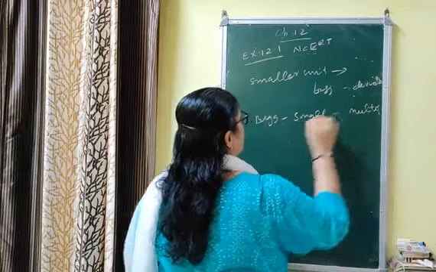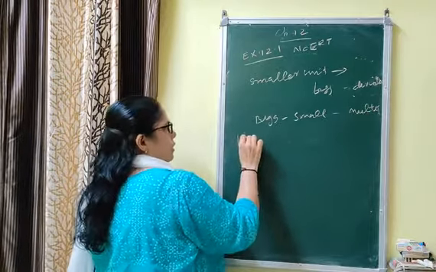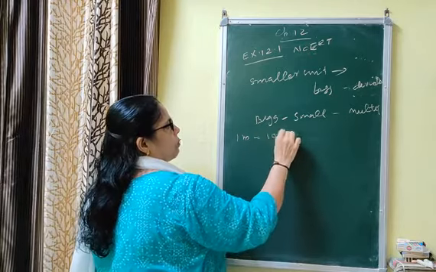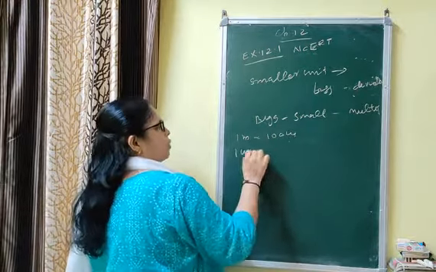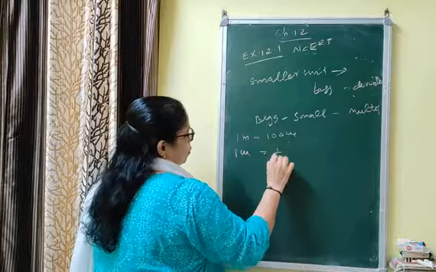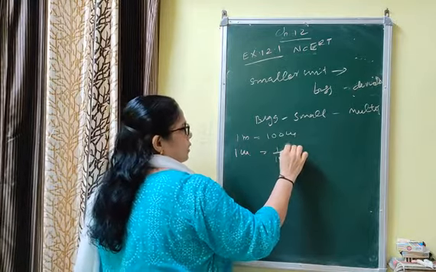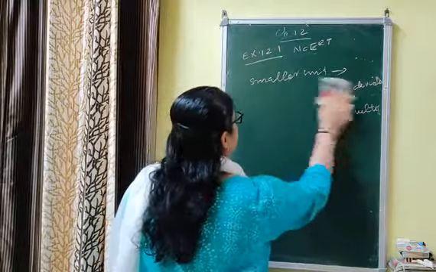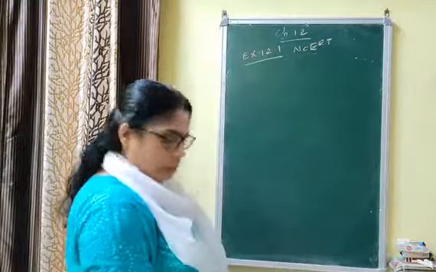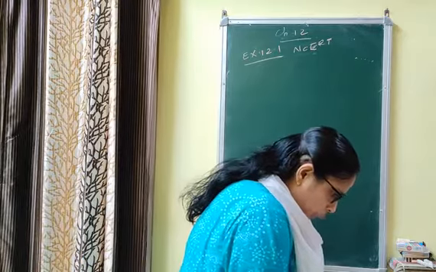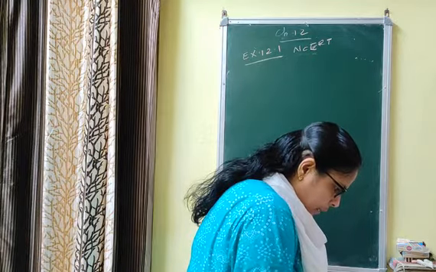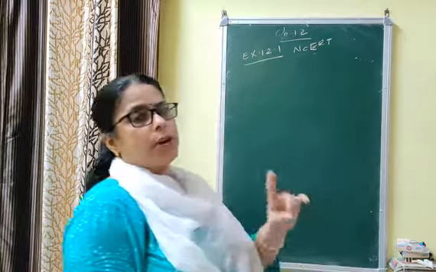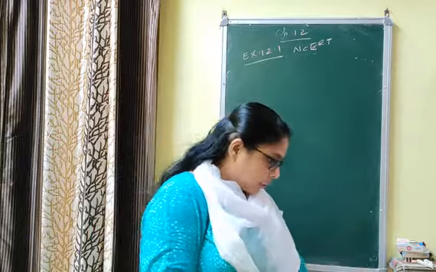This thing you must know, that is 1 meter, if you are changing into centimeter, you are multiplying by 100. 1 centimeter you are changing into meter, you have to divide by 100. This thing you must know. तो बिगर यूनिट को स्मॉलर यूनिट में चेंज करते तो मल्टीप्लाई करना है, स्मॉलर को बिगर में करते वक्त डिवाइड करना है. Now how many complete revolutions does each wheel make in 10 minutes when the car is traveling at a speed of 66 km per hour? One is given in kilometer, one is given in centimeter.